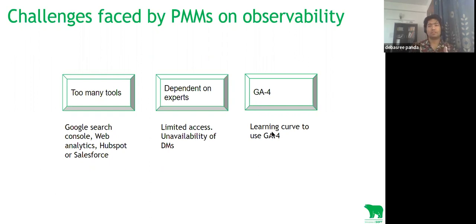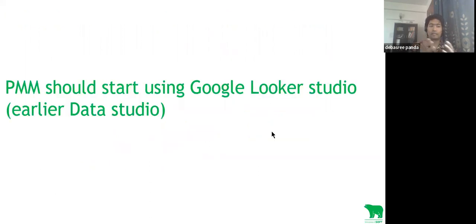Now, to overcome these challenges, we encourage product marketing managers to use Google Looker Studio. Earlier, it was known as Google Data Studio, but today it is known as Looker Studio. Now, there are certain benefits. Before we jump into the demo, where I'll show you the different graphs and the different KPIs that you need to measure,